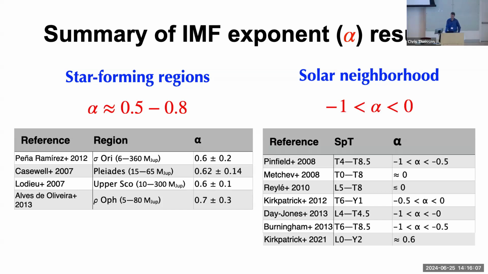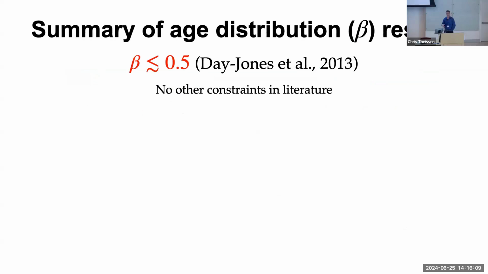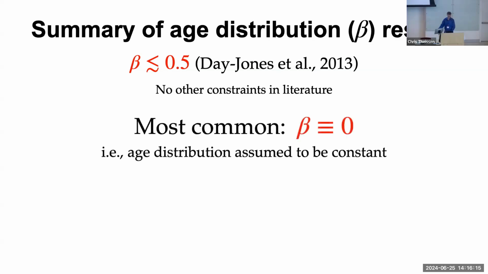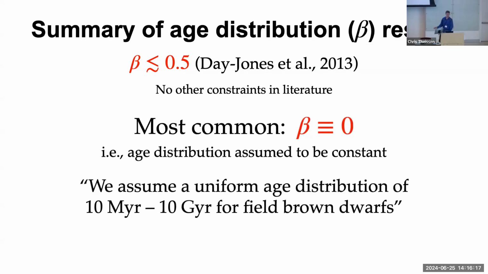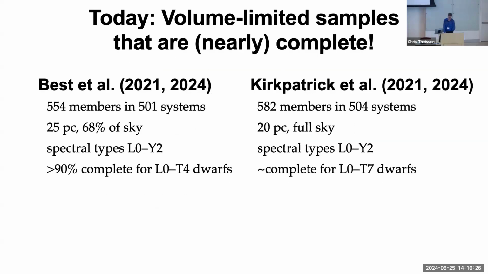And that's just the mass distribution. For the age distribution, there was really very little just because the samples didn't offer much leverage. The most common thing was to assume that the age distribution was uniform because there wasn't much way to get around that. Well, things have finally changed now because we have a couple of volume-limited samples in ultra-cool dwarfs that